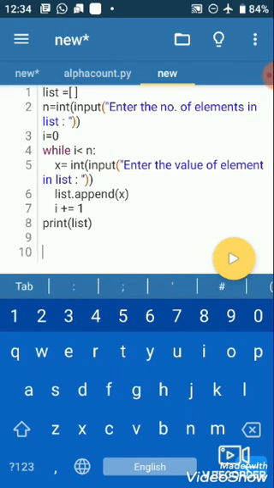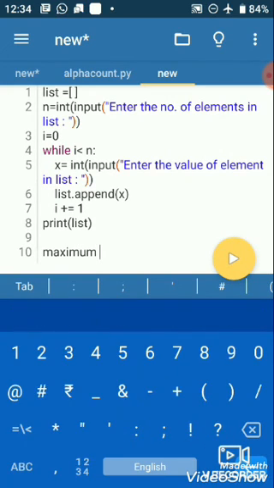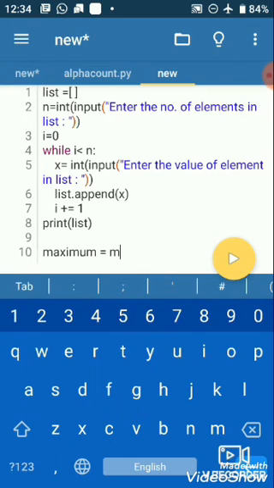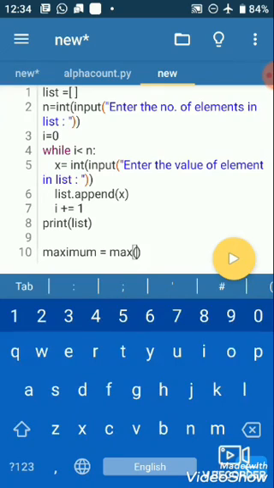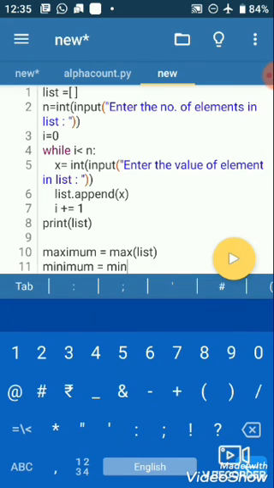So we use some elements like maximum value equal to, and this maximum variable holds the max from our list, the name of the list is list, max from list, and the minimum variable will store the minimum value from the list. So the min function is used.